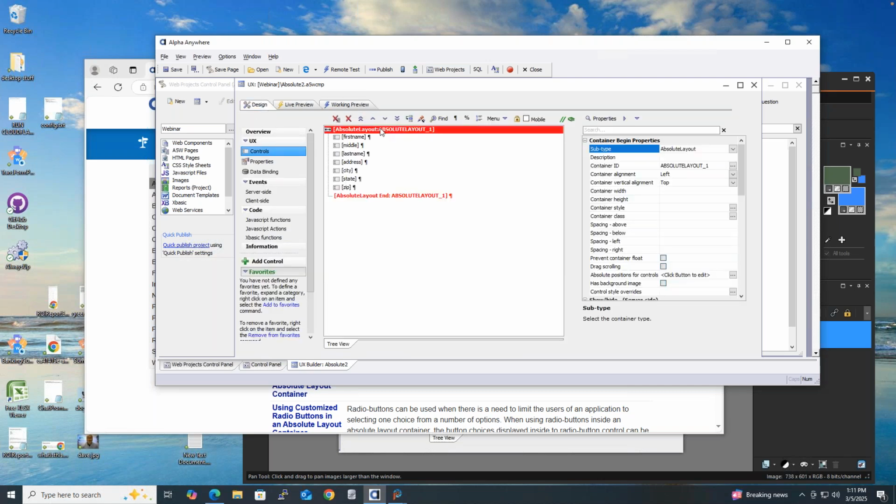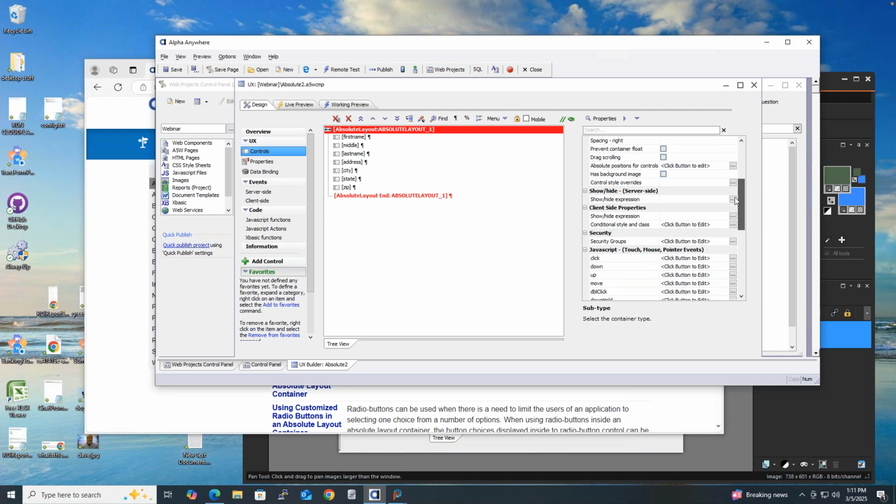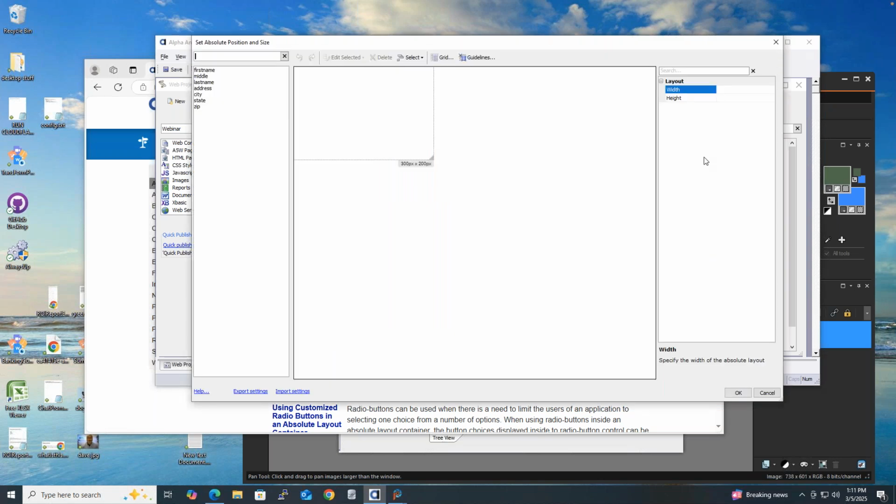I'm going to click on the top tab for absolute layout. I'm going to scroll down to the section for the actual layout, absolute positions for controls. Now I'm going to click this button here. And here we go. So the first thing I want to do is, in fact, before I even get here,